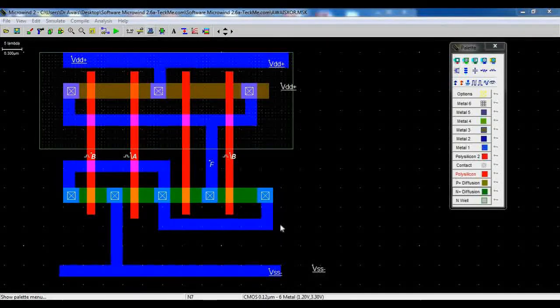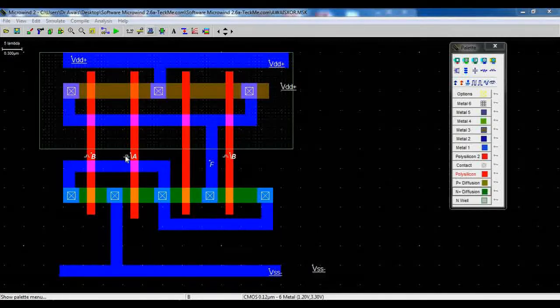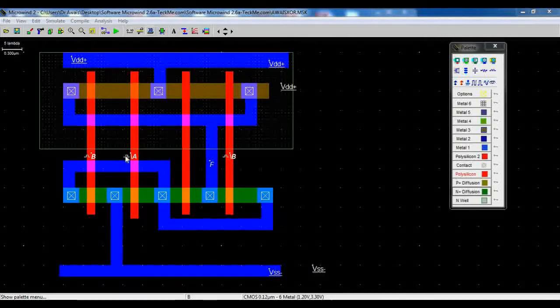So here we have completed the layout. Now it's time to assign values to the inputs. Here we would be assigning values to A complement and B complement directly, but in actual layouts A complement and B complement come as the output of an inverter. So we have not drawn the inverter over here, but we would be directly assigning values to these variables.